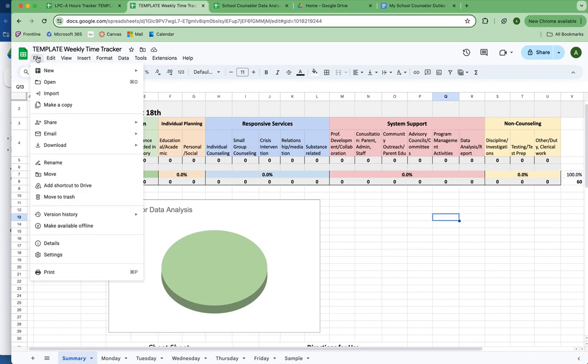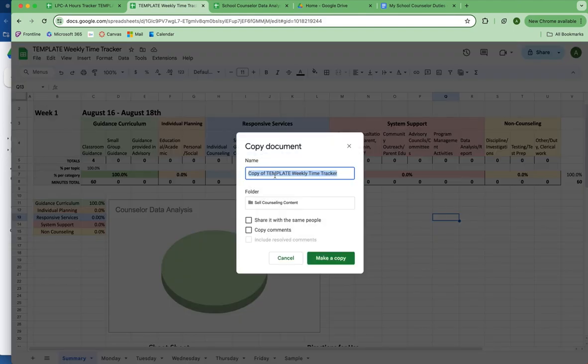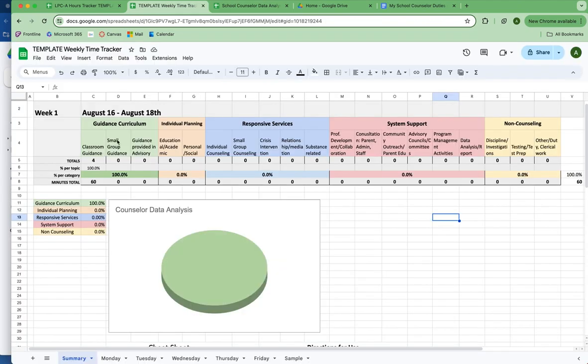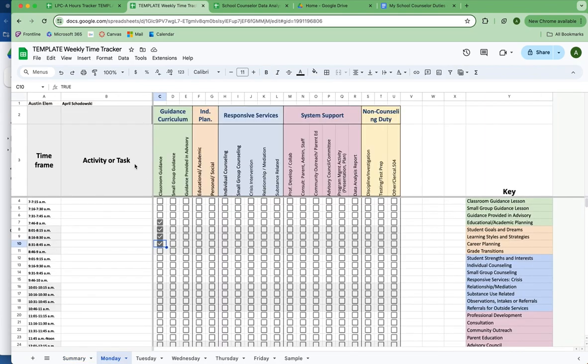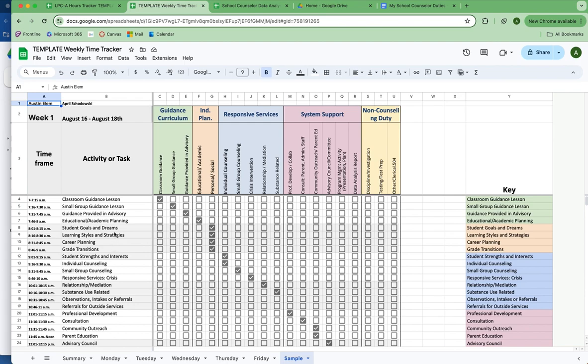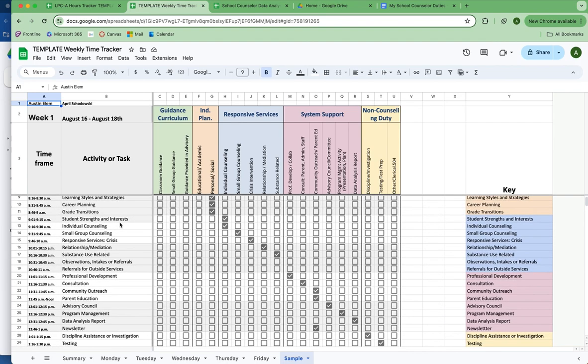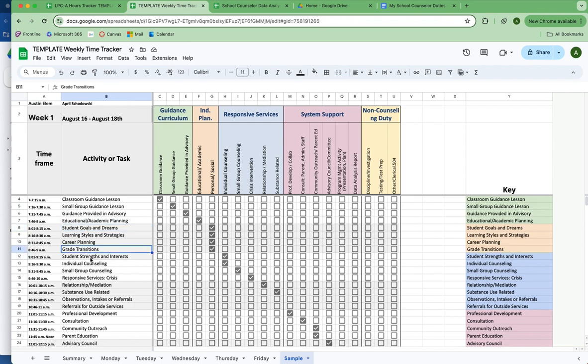Every time, I have my template and I go to File, Make a copy. I would just change it to Ski Week, and Ski is what I go by for my last name. Week 3, 2, whatever week you're on, right? And then I would just change that and change this. That's the only time I have to change the dates because I don't really need those on each daily one. Okay, so this sample sheet you can keep or toss, but this is how I determined what these duties are,